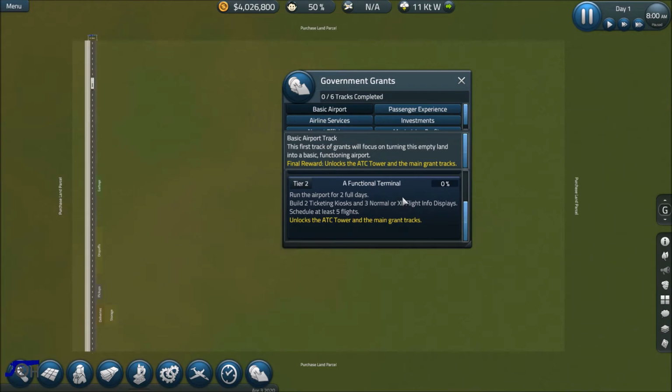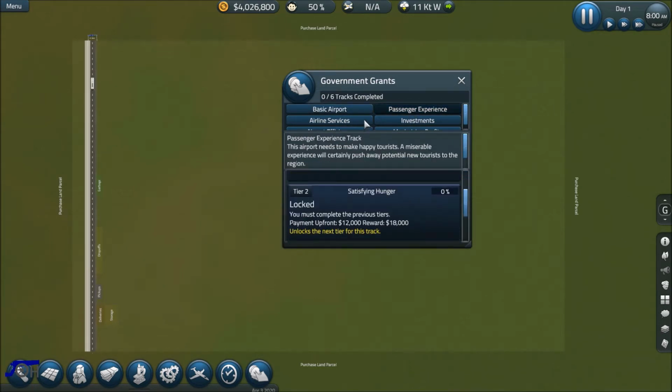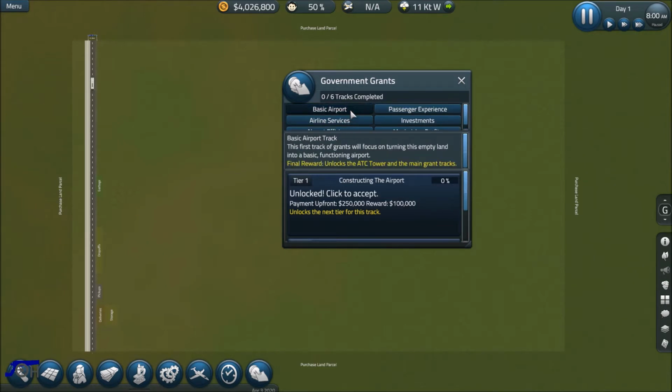And apparently we get all the government grant opportunities again. So cool. So we got opportunity for more money, right? A functioning ticketing and security zone, functioning gate and runway, functioning baggage claim. And we will